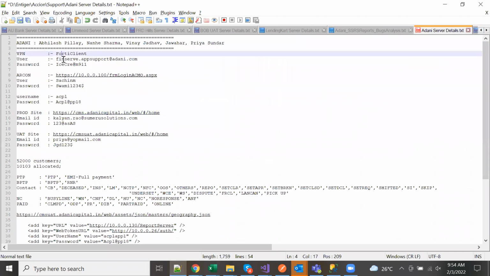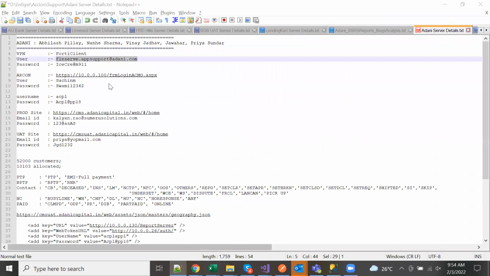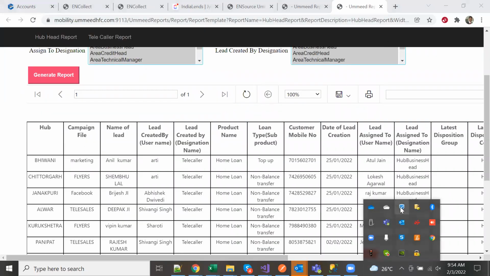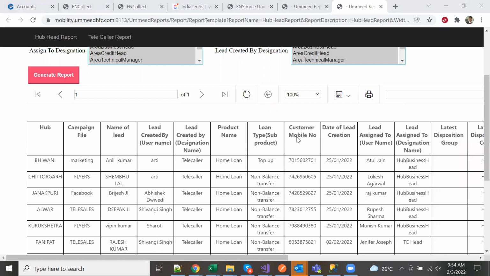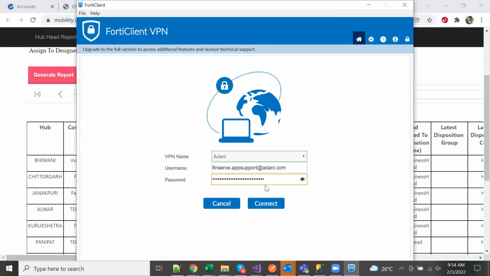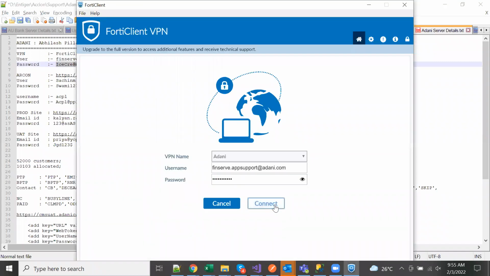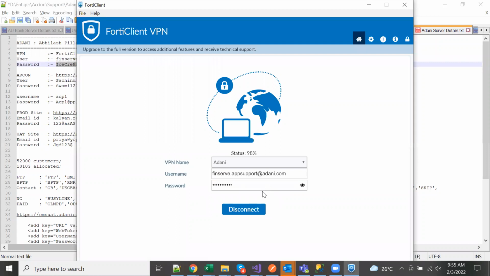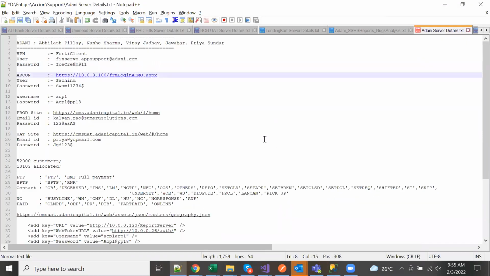I'm going into the Adani system. Let's see how it works.